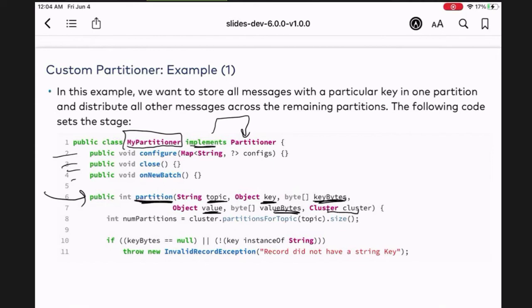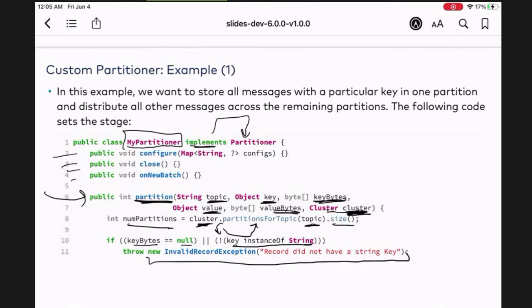Okay. And so then I use the cluster metadata to get the partitions for this topic, so give me the number of partitions in this topic. Then I can check, say, if my key bytes equals null, or if the key is not an instance of String, then I can throw an invalid argument exception saying this does not have a string, right?